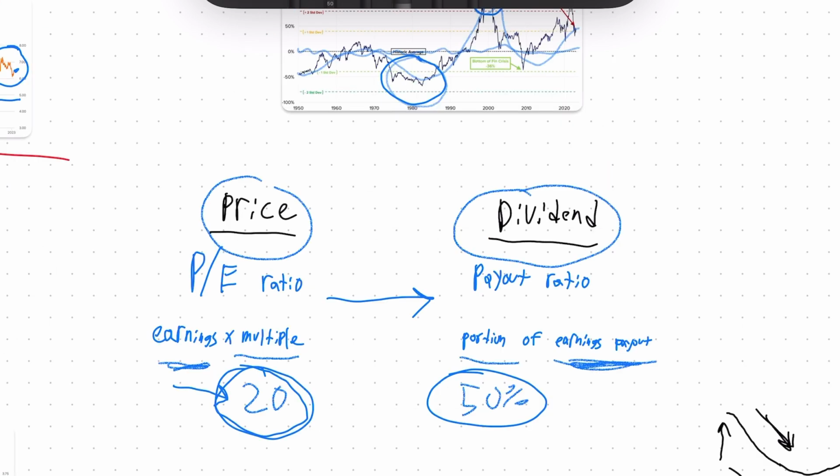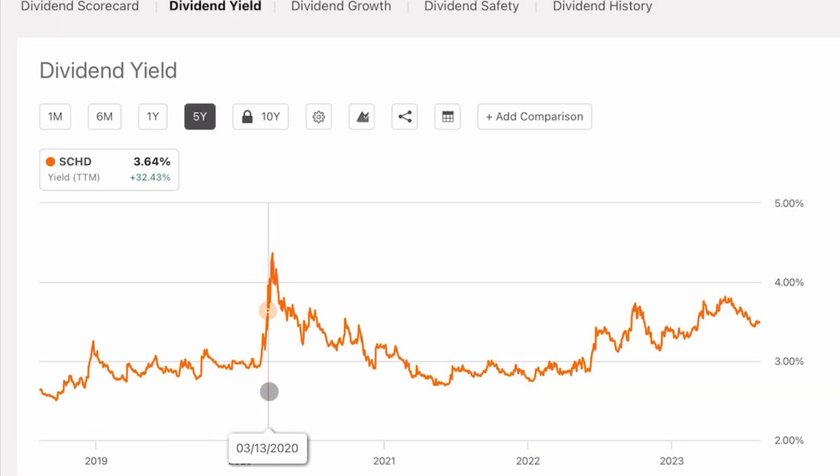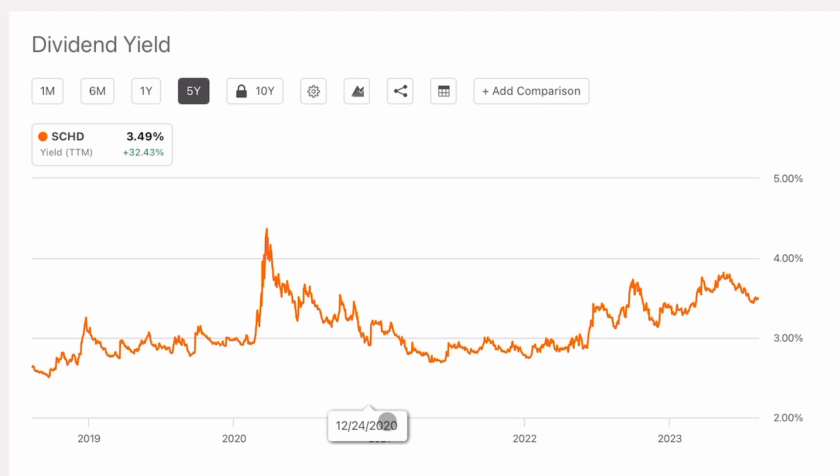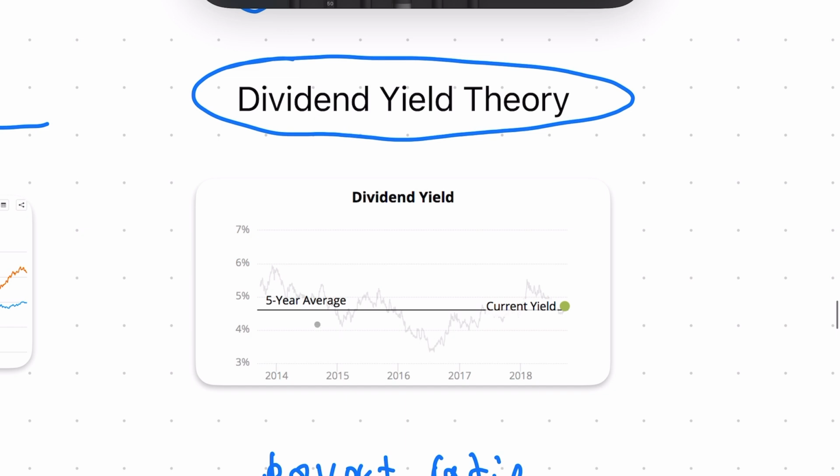And you guys know that there is an inverse relationship between price and dividend yield. So when they move in the same direction together, the yield remains the same. The only time the yield of an asset changes is when one of these ratios change. As an example of this, during March of 2020, when the valuations of assets went way down, the dividend yield of SCHD spiked. And then we essentially had the opposite during the bull market of 2021. The prices, the P/E ratios expanded well faster than the earnings growth, and thus the yield came way down. And that's why we have these fluctuations in the yield over time. But the argument here is that long term, this averages out and reverts back to the mean.